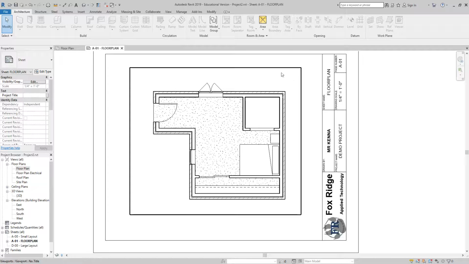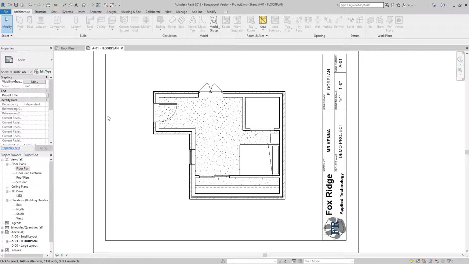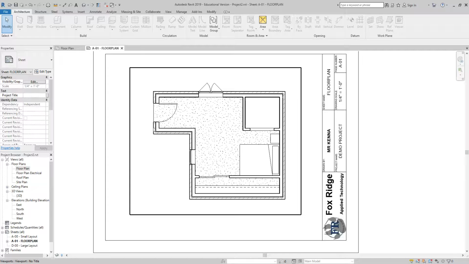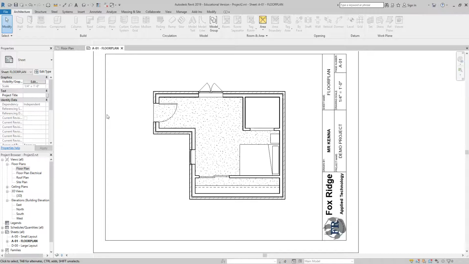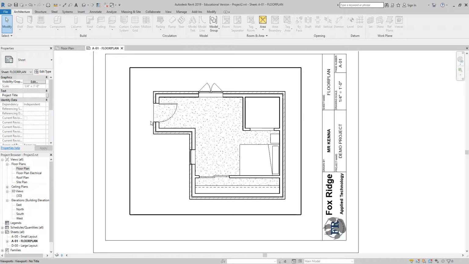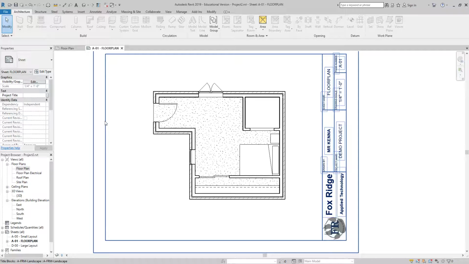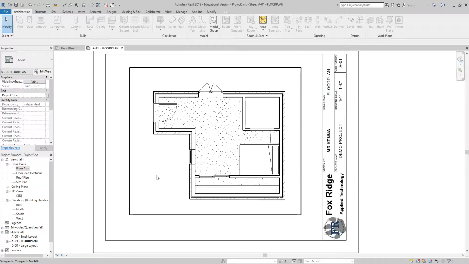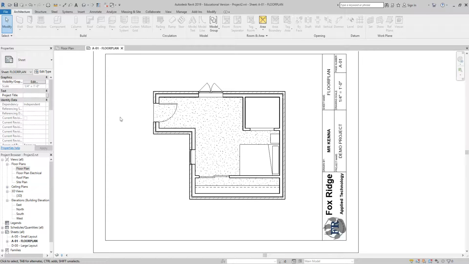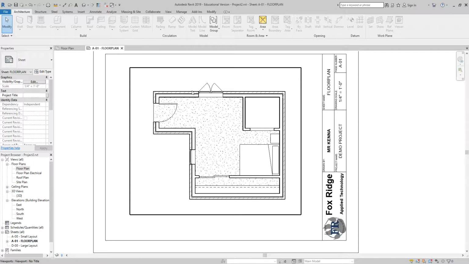I've left myself room so that none of my dimensions will overlap either the items that I'm dimensioning nor the border here. The invisible border that shows up is fine for your dimensions to cross and overlap, but may not overlap your border or any portion of your title block. You're also not going to allow your dimensions to cross each other. So I'm going to show you some tricks in terms of how to do multiple dimensions on one side without